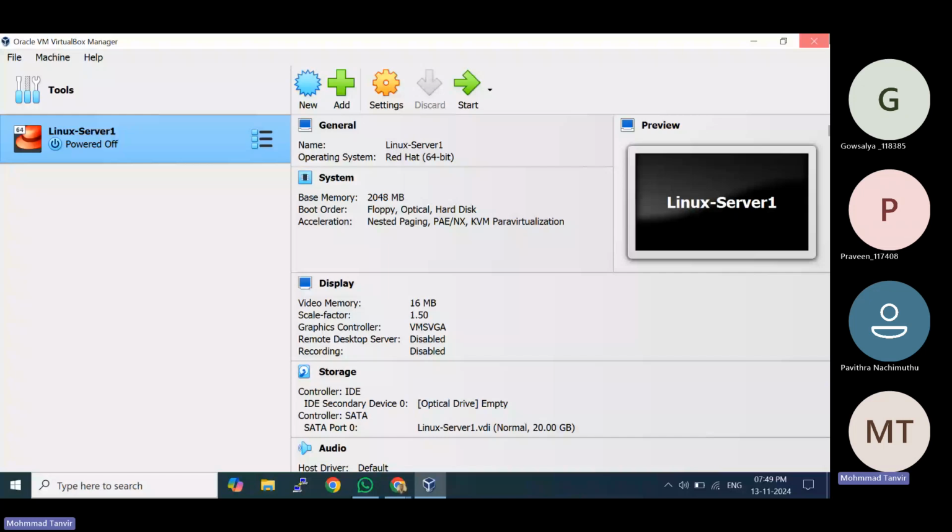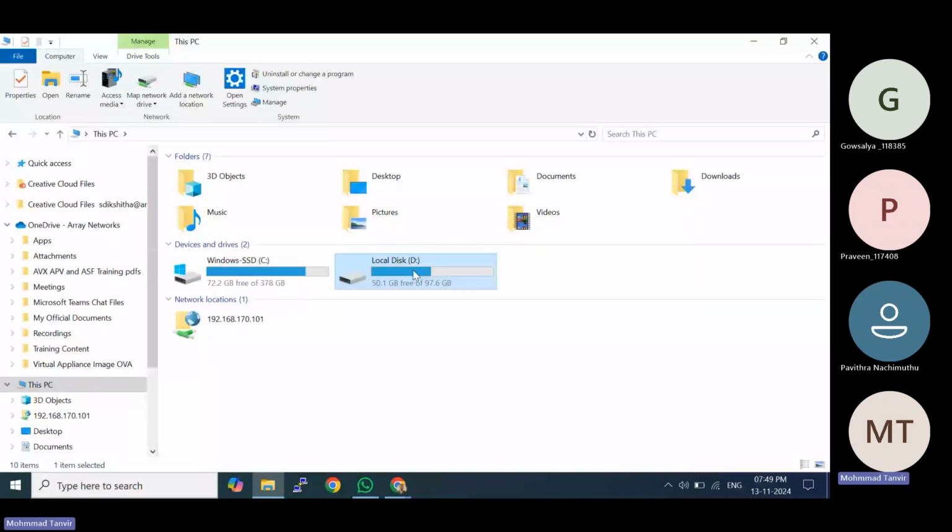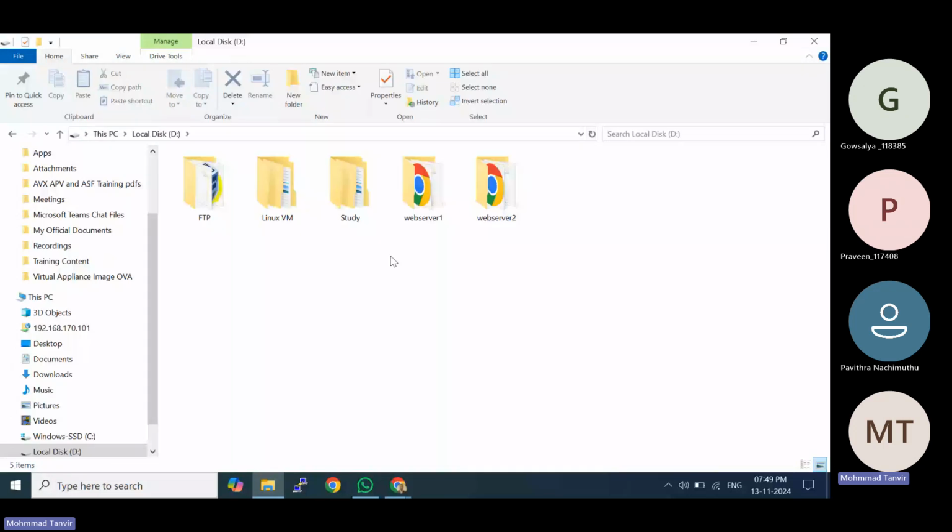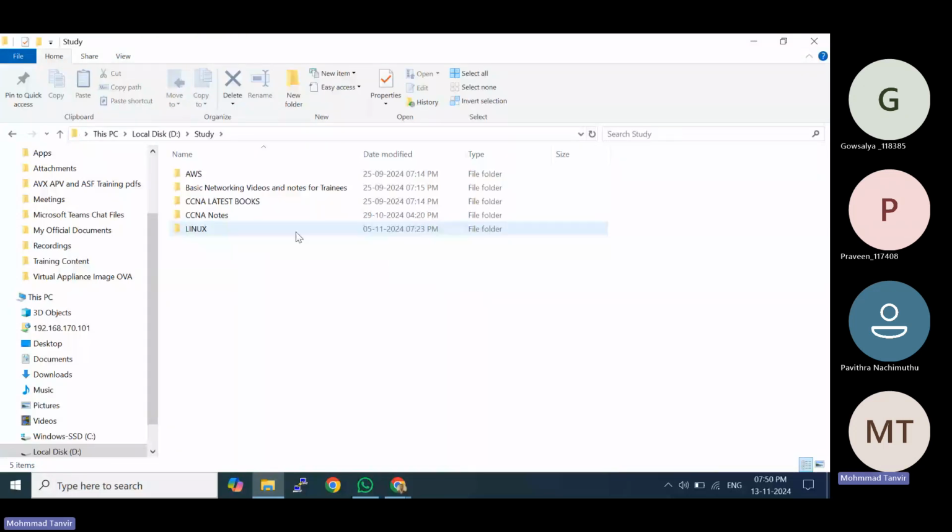Now we have completed almost most of this part. Only networking, security, and services are remaining. So if you see in the syllabus,